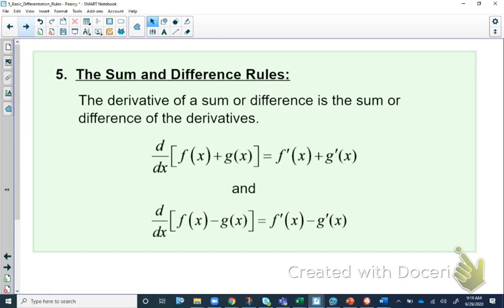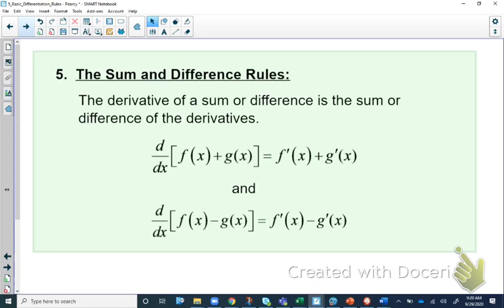Making sure that you can convert between one type of number to another is going to be very useful whenever you have to use the power rule for derivatives. Now moving on, we're going to take a look at something called the sum and difference rules. Essentially, we're just taking the derivative of each piece. This is really where we start looking at things like polynomials, or an overall sum